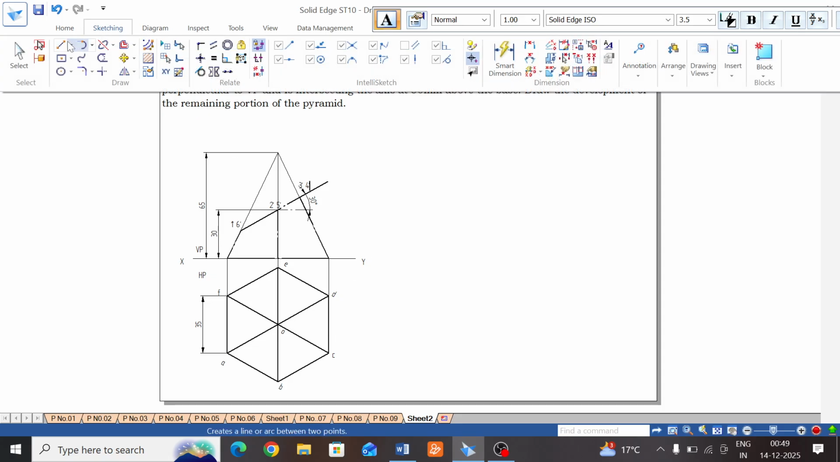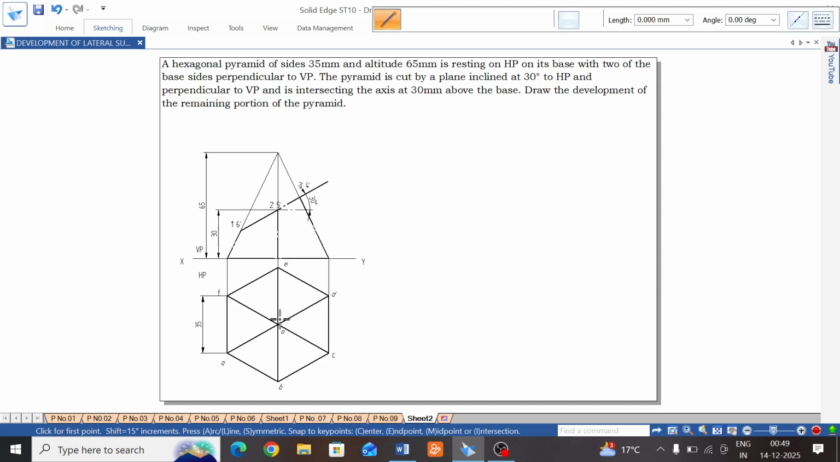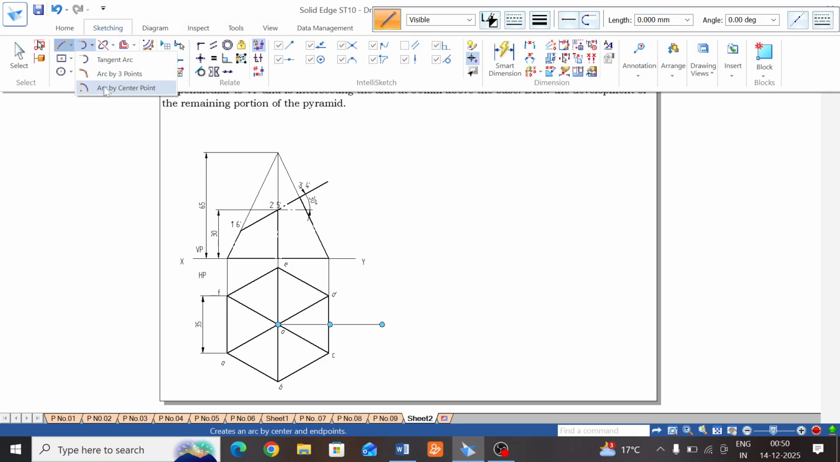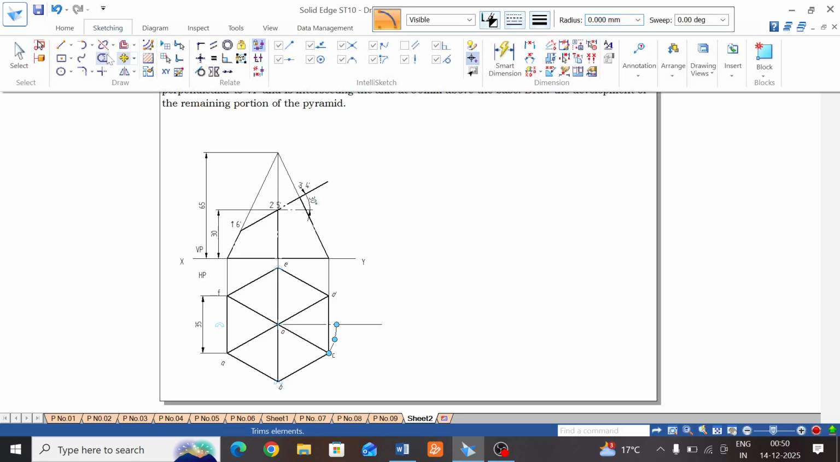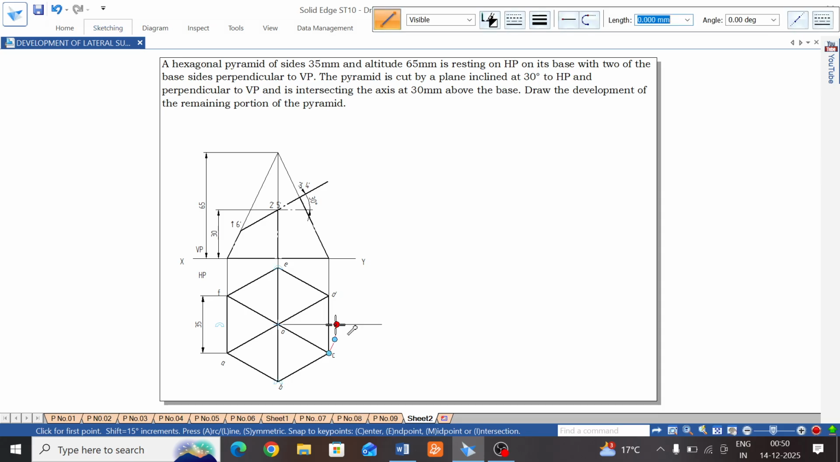parallel. That's why go to line, and from this midpoint draw a horizontal line and go to arc by center point, and from this midpoint, radius is this much, rotate, and next project upwards from this point to here, and this is the original slant length. Join to the apex,